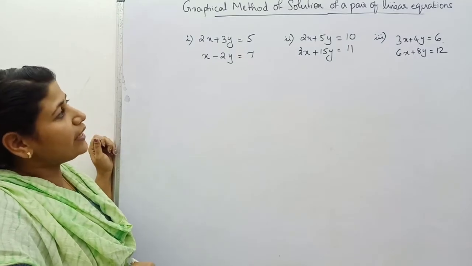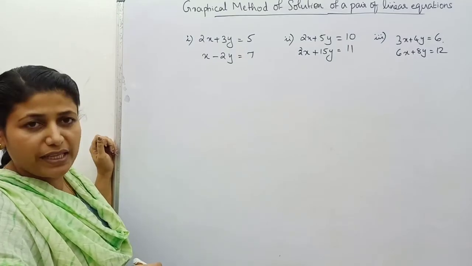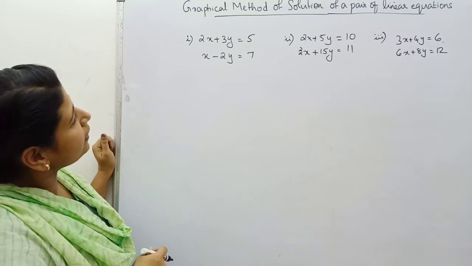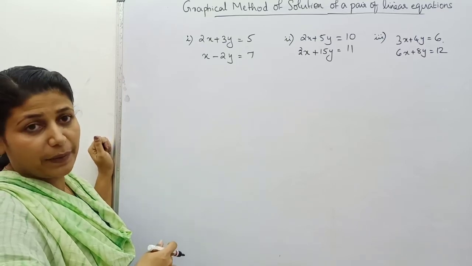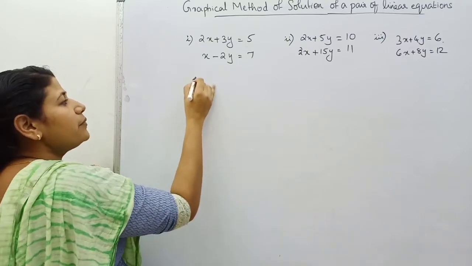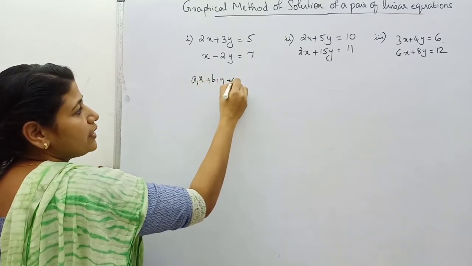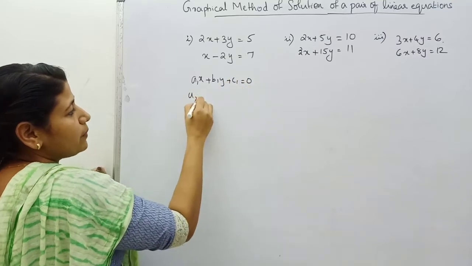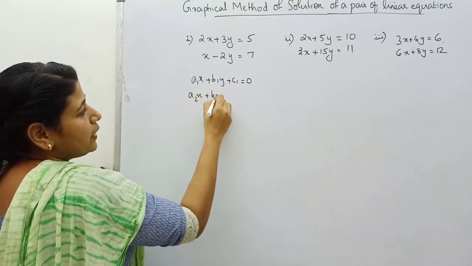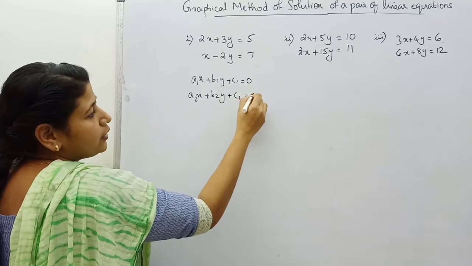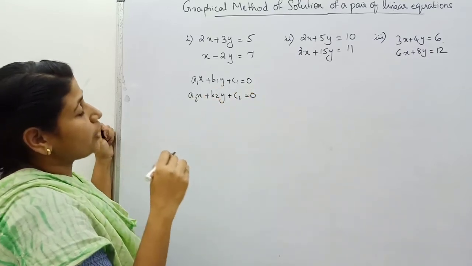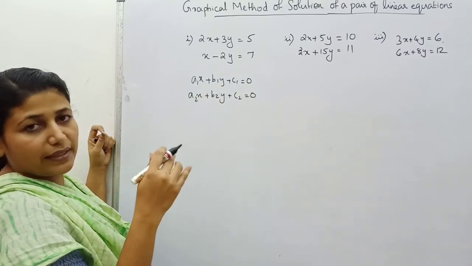Can you find any peculiarities of these linear equations? Just look at the coefficients of x and y. We know that the general form of linear equations is a1x plus b1y plus c1 equal to 0 and a2x plus b2y plus c2 equal to 0. Am I right? So now we can take the ratios of these coefficients of x, y and the constants.